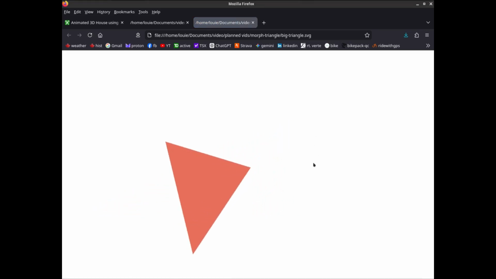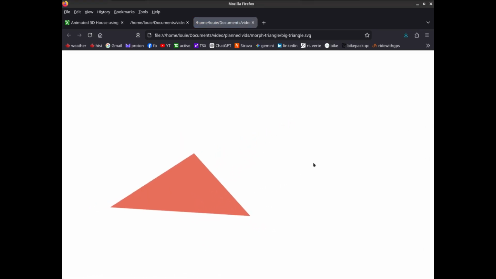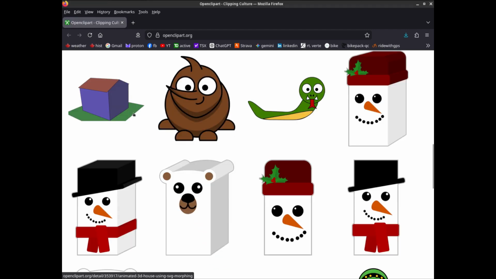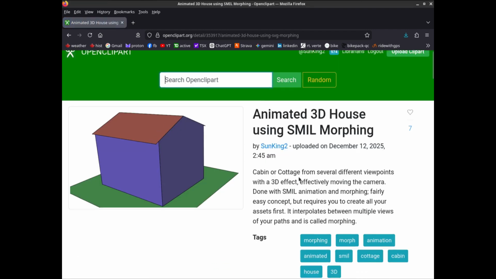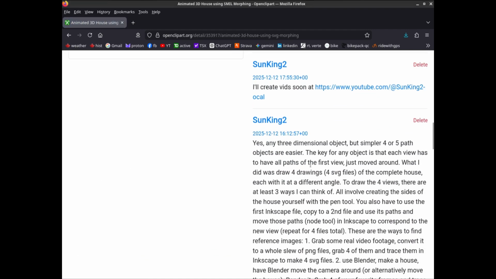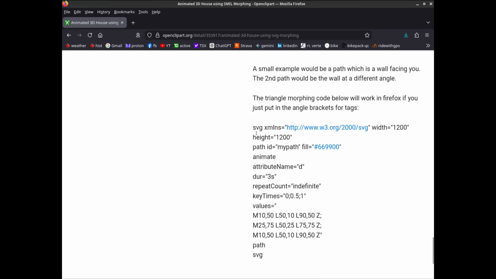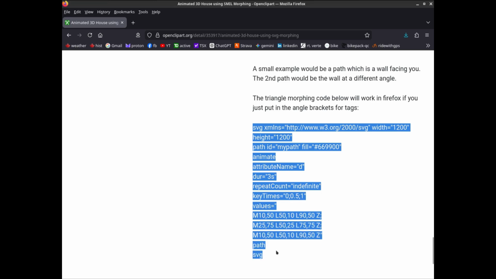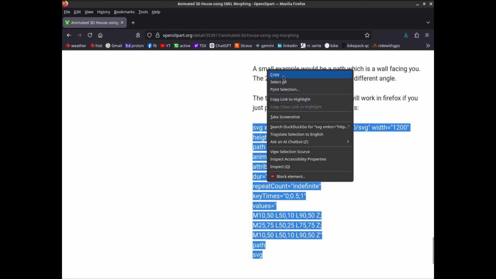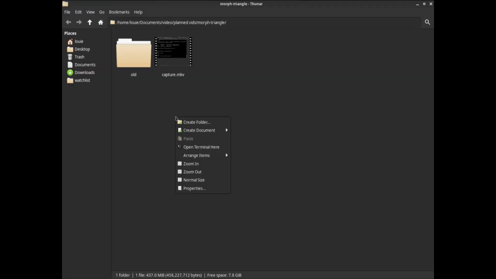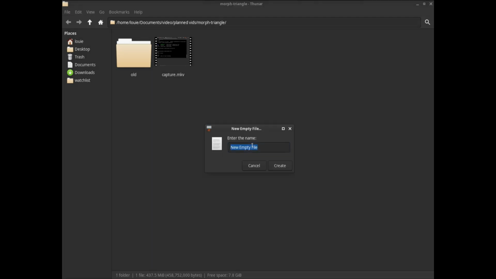There's our beautiful triangle. I'm here at Open Clip Art. I'm going to see if there's a way to make my own version of this morphing thing. The code is down here, so I'll copy this. Copy. I'll create a new document in my folder,